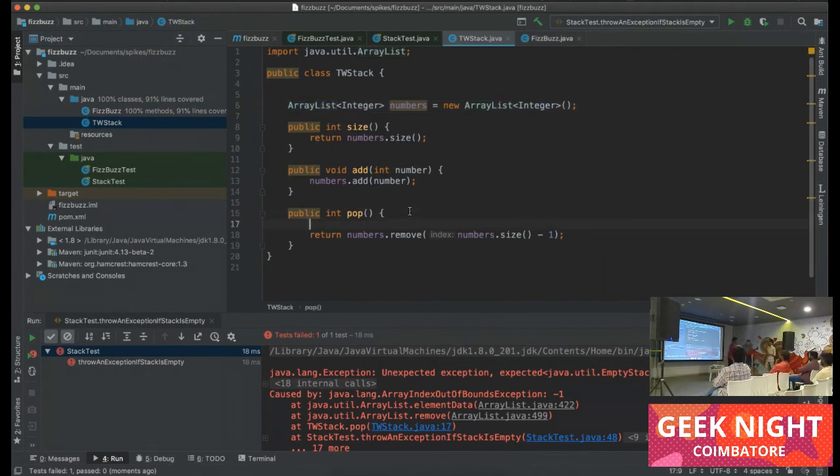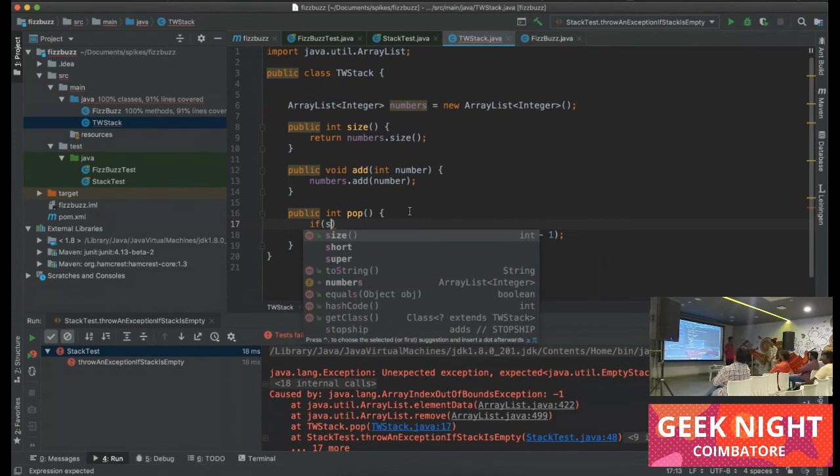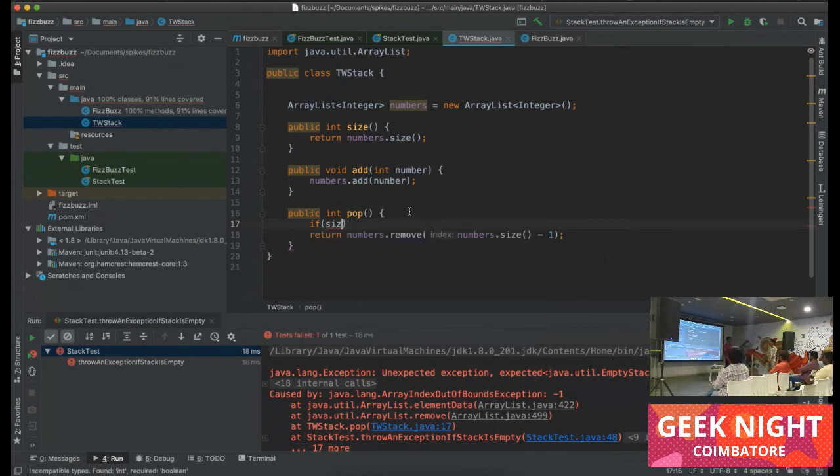So here we can check if numbers dot size is 0 equal to 0.